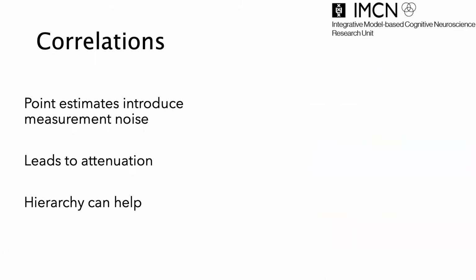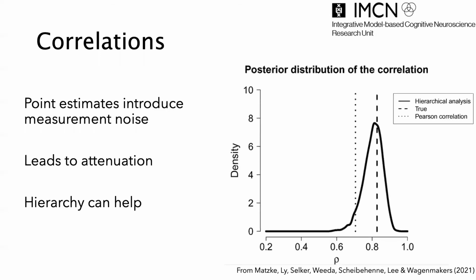On that PNAS paper, the authors used correlations between thresholds and striatal activity from fMRI. However, since 2008, recent research has shown how correlations can be attenuated if measurement noise is not accounted for. Dora Matzke's 2017 paper shows a nice example of this, where if correlations are estimated in a Bayesian way, they tend to recover the true correlation more accurately compared to Pearson correlations, and give us an estimate of the certainty around the correlations. This is where pmwg gives us one cool advantage.